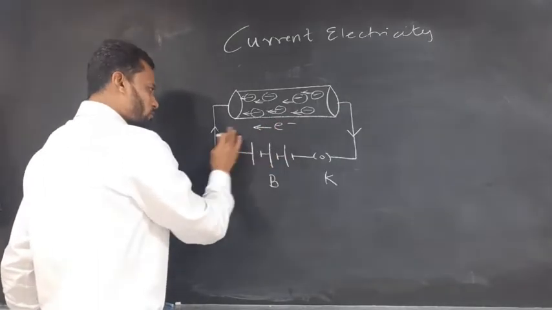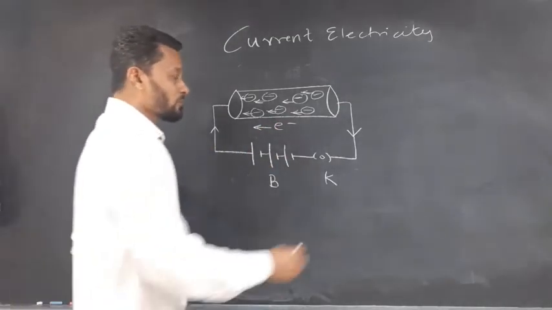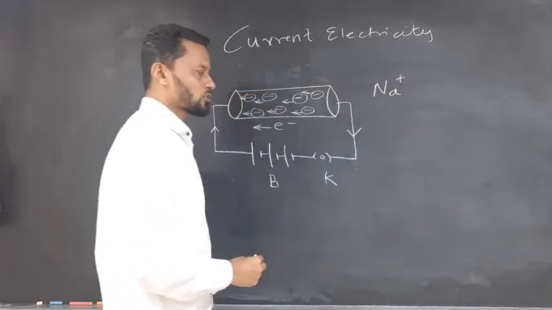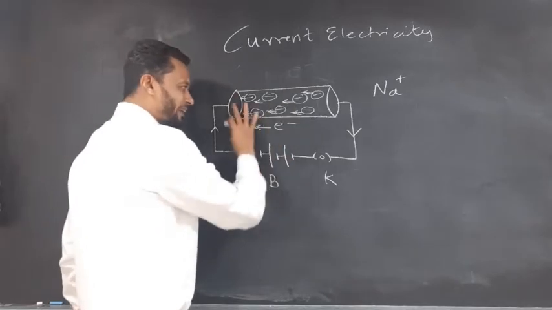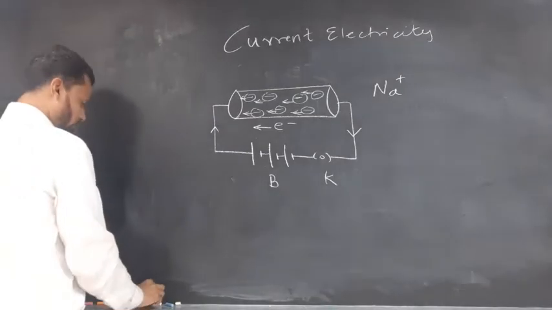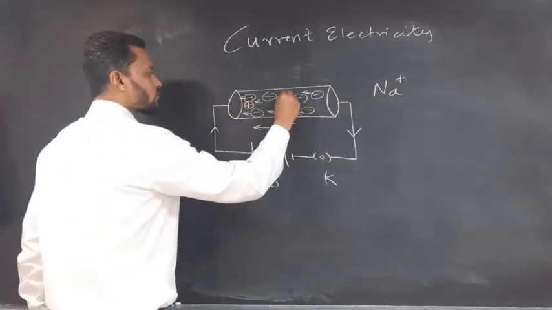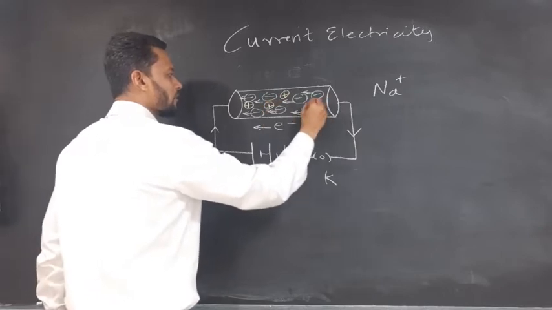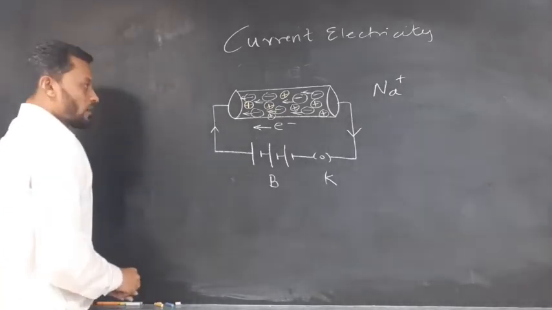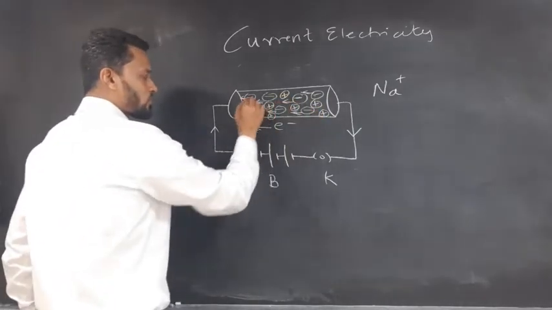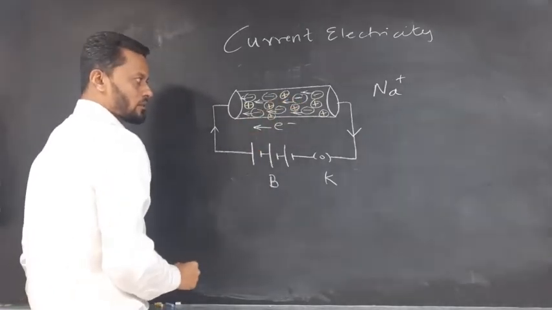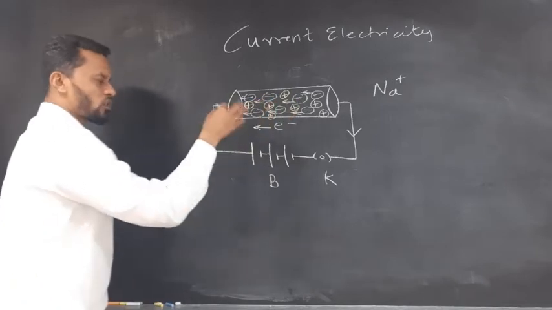Now, since electrons are moving in this particular direction, as I already told you, if an atom gives out the electron, it becomes a positively charged ion. So when there are n number of atoms over here, which have given all these free electrons, there will be now a few positive ions also inside this. Since there will be positive ions inside, all these electrons which are free to move get collided with these positive charges, and the direction changes for a very short time interval.